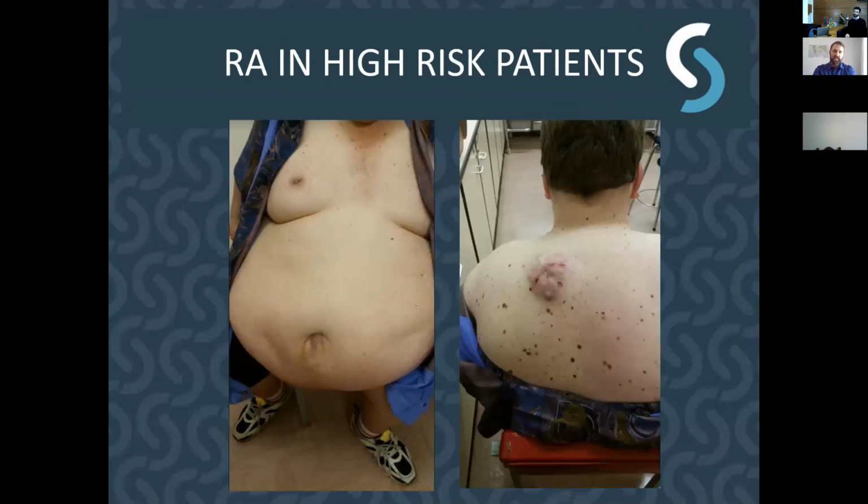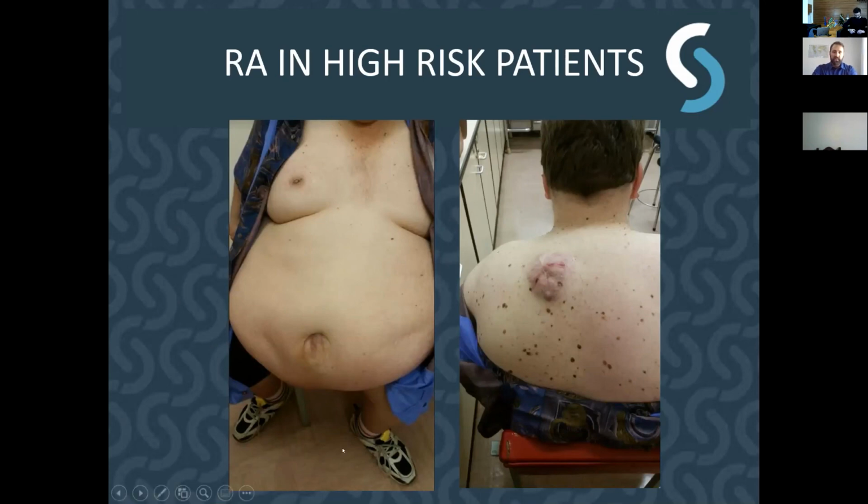So general anesthesia in this patient, he would need to be proned because the surgeon needs good traction there. If he lies just on his side, he wouldn't be able to do the flap with the right tension. So he would have needed to be prone. So you can imagine that this patient is a high risk anesthesia.